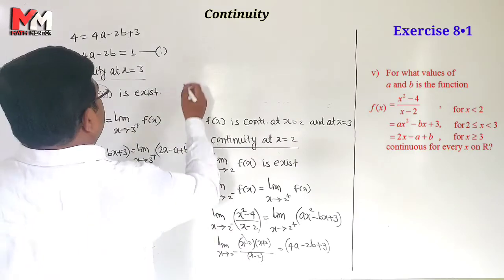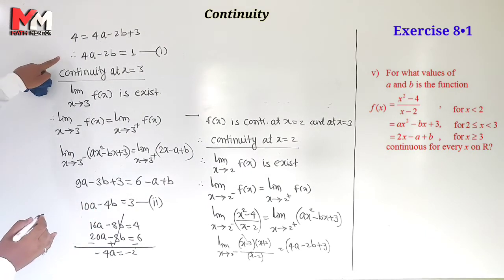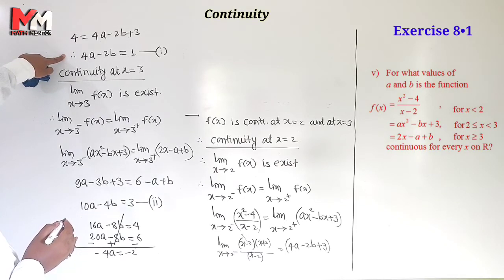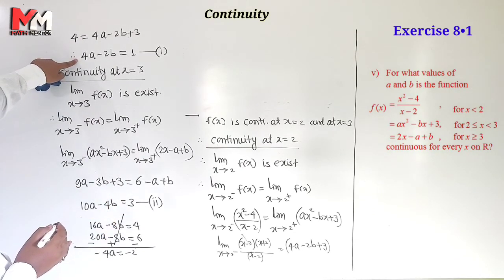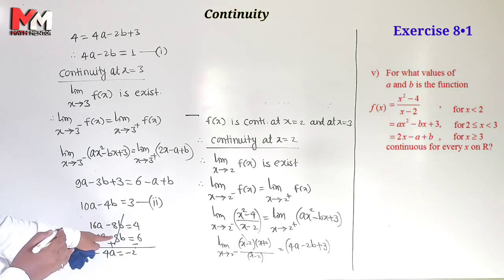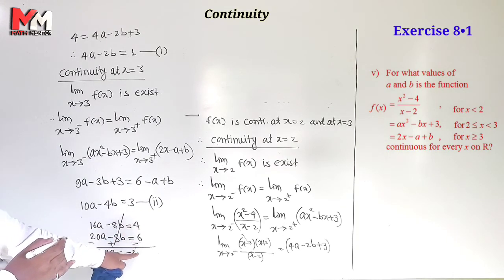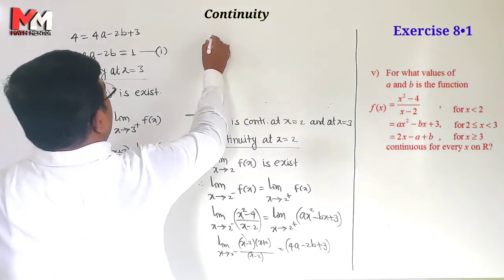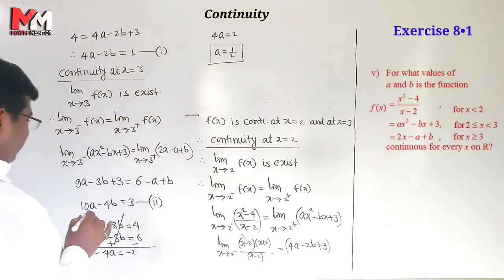So we'll write here 4a. इसको 2 से मल्टीप्लाई किया ना हमने. 4a minus 2b is equal to 1. बराबर है. ये कितना है, 10a minus 4b is equal to 3. इसको 4 से मल्टीप्लाई किया, 16a minus 8b plus 4, करेक्ट. इसको 2 से 10 2 ज़ा 20, 4 2 ज़ा 8, 3 2 ज़ा 6. 16 minus 20, minus 4a. This cancel. 4 minus 6 is minus 2. So 4a is equal to 2, a is equal to 1/2. So चेक करो, a की वैल्यू 1/2 आना चाहिए.